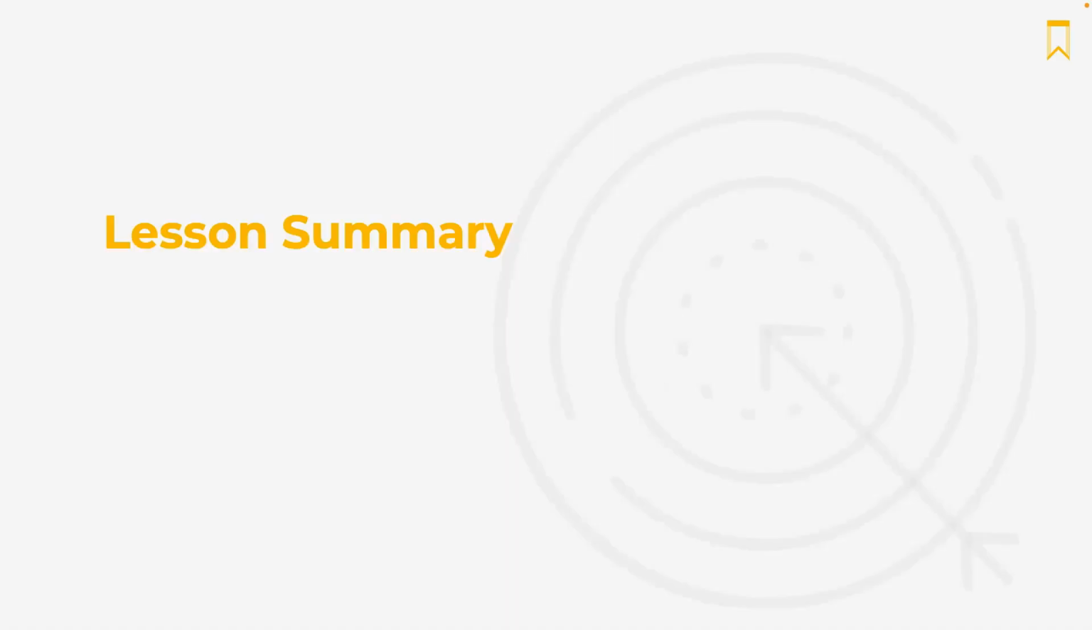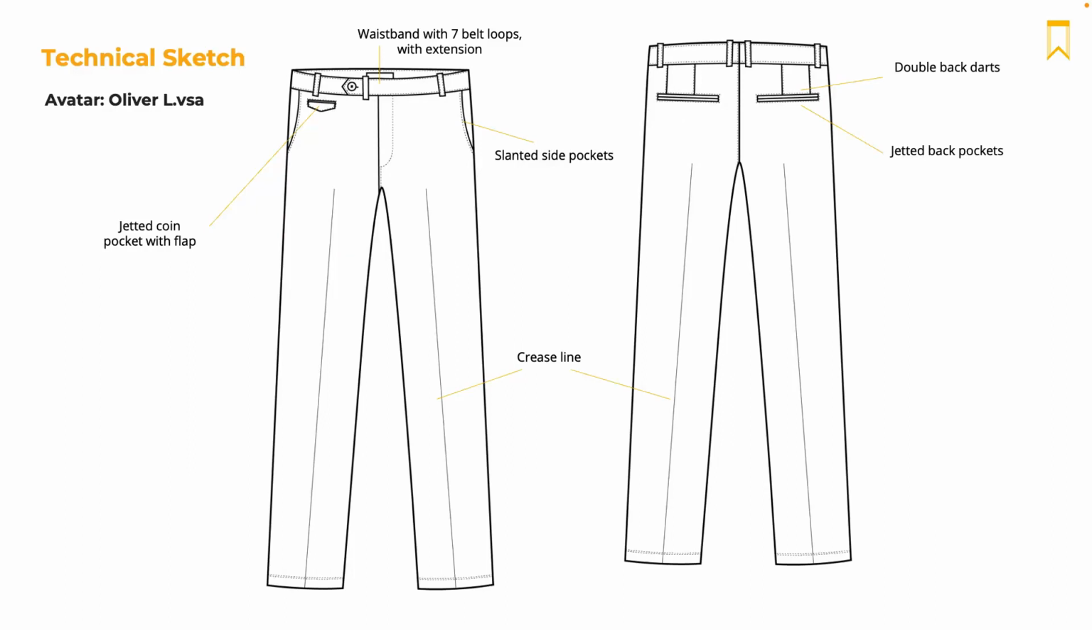Now that the base of the trousers are done, we can add the design detail for the garment. In this lesson, we show how to construct the different pockets of the trouser. We have 3 types of pockets for this garment: the jetted coin pocket with a flap, the side pocket, and